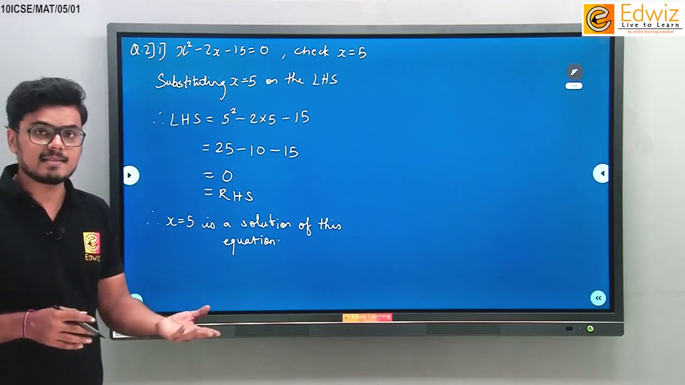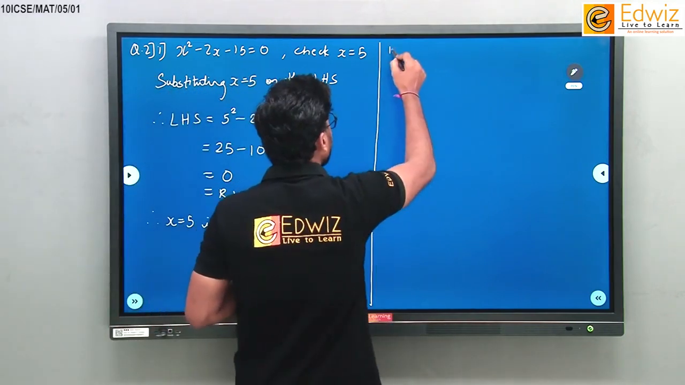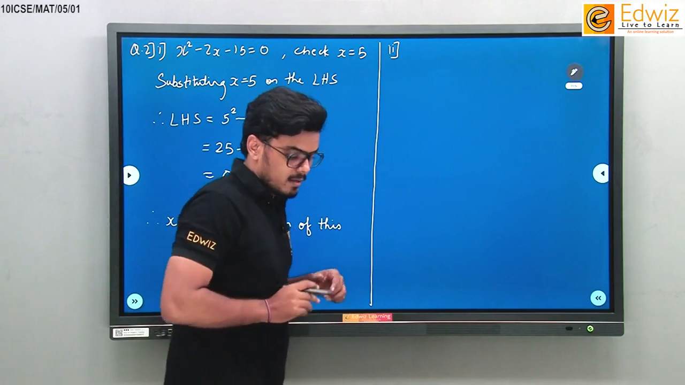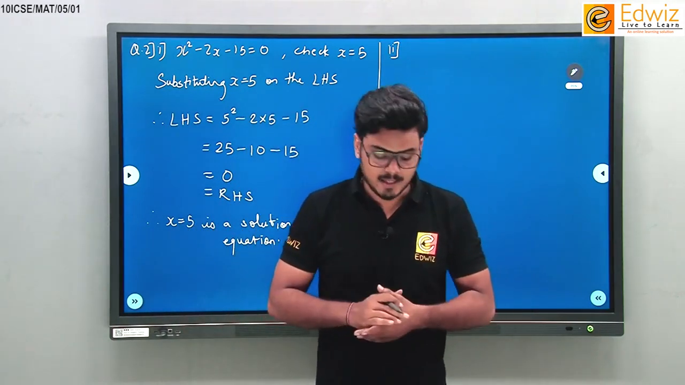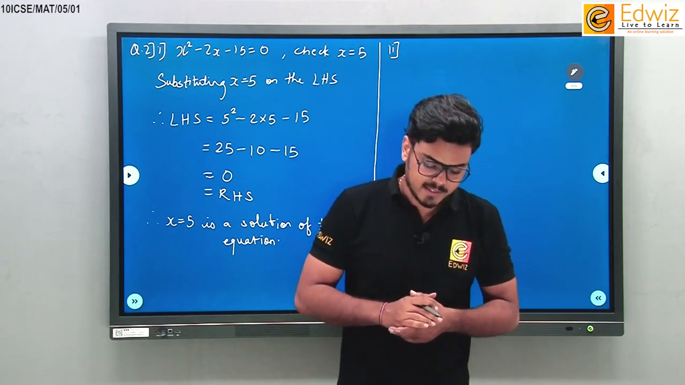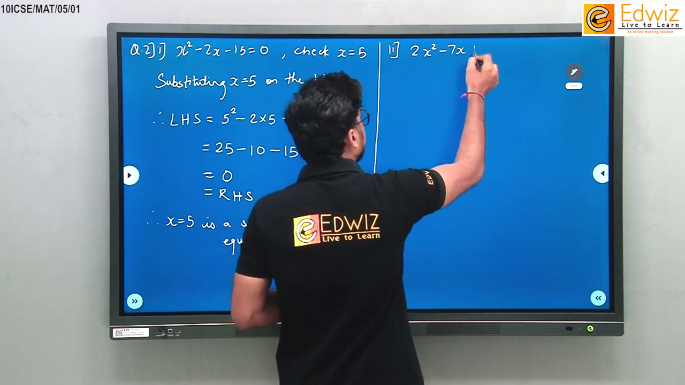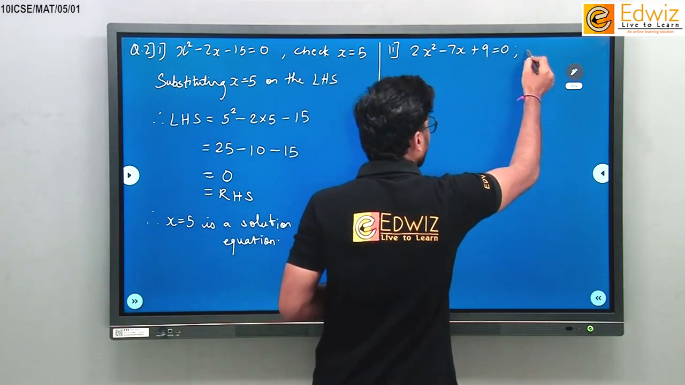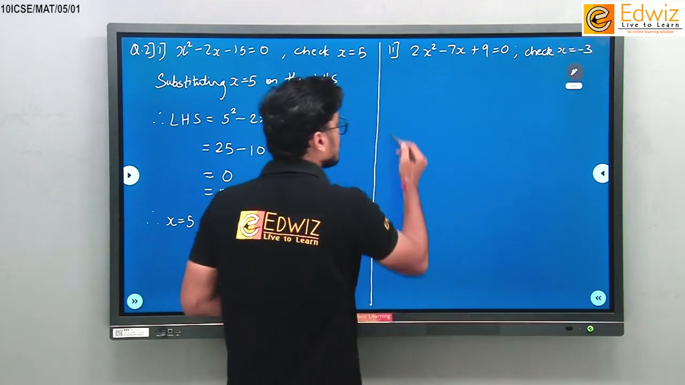Let us go to the second sub question here. We have one more sub question here, question number 2, second one. Okay. In this question, we have to check whether x equal to minus 3 is a solution of the equation 2x square minus 7x plus 9 equal to 0. Okay, we have to check for x equal to minus 3. So substituting